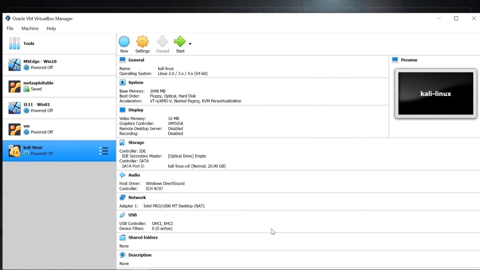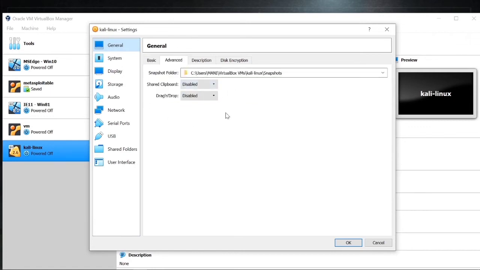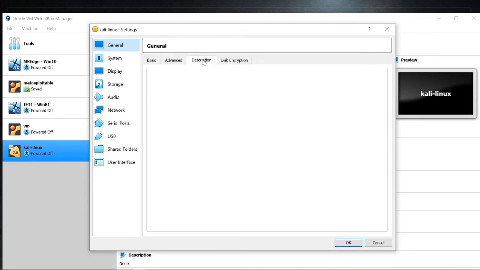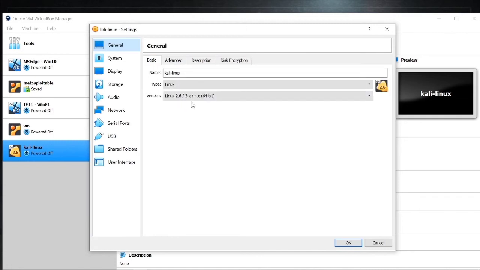Once you have created the virtual machine, select it and go to settings. Just let it open settings and don't be overwhelmed. We are going to go through it step by step. Basically we have already done that, so you don't need to touch anything else here. Just make sure that you specify here whatever you want it to be called. You can change it here. Next,